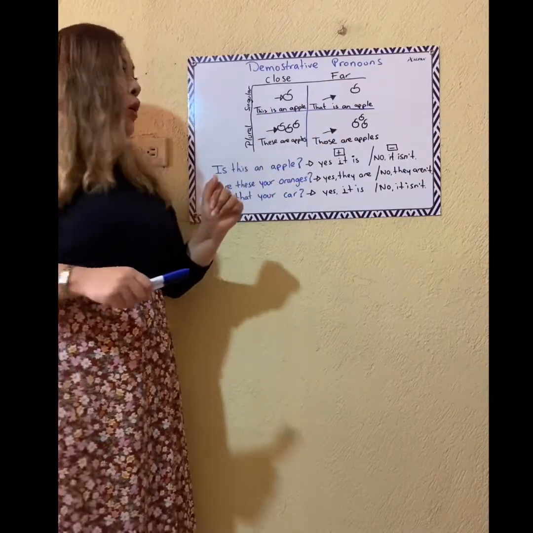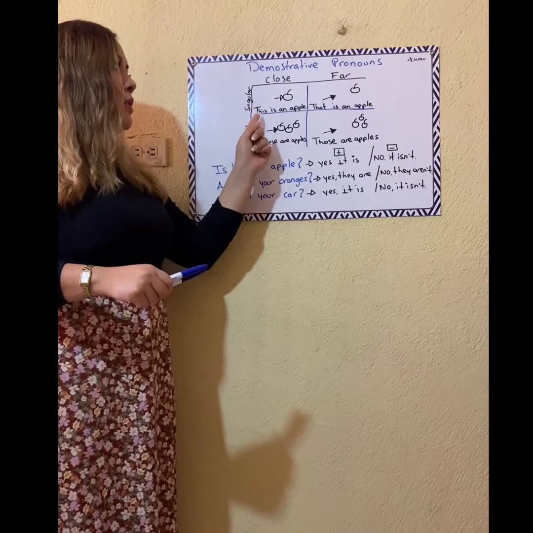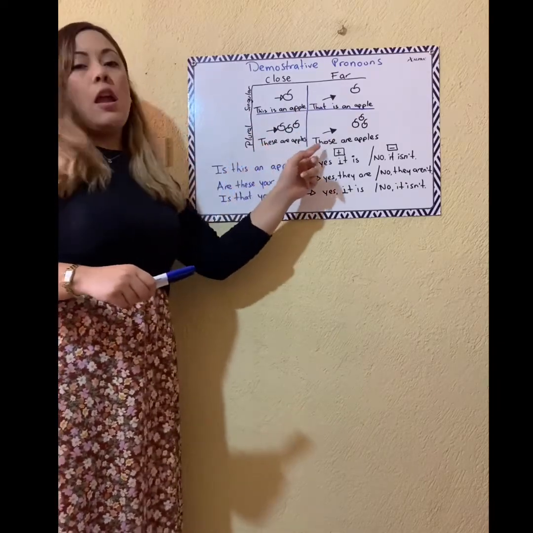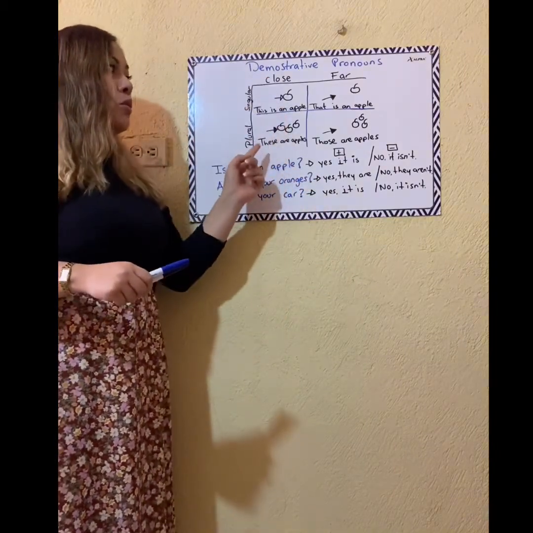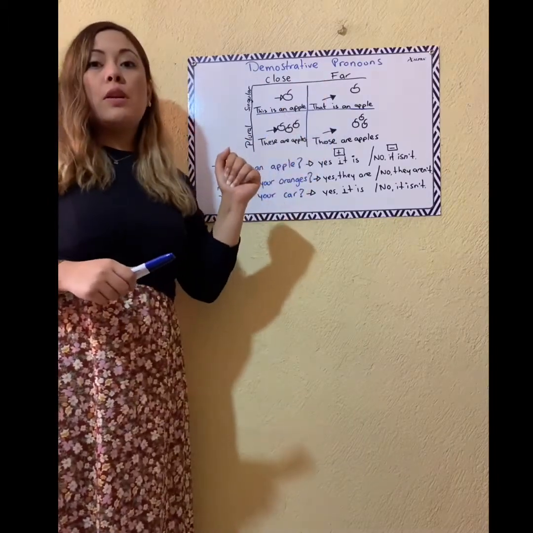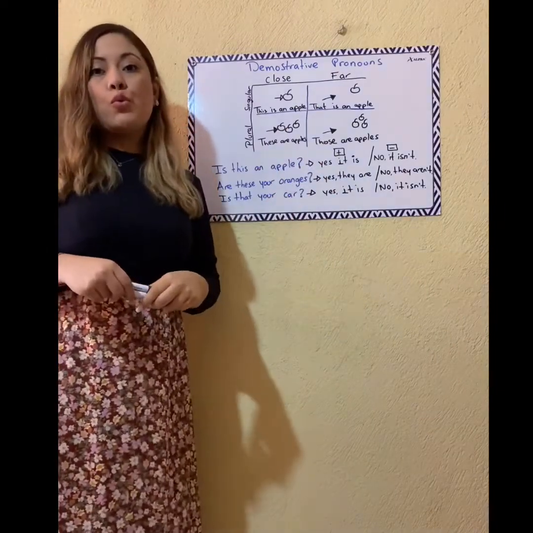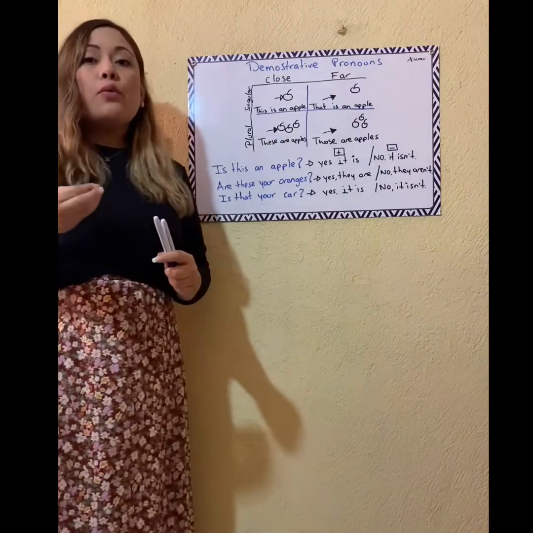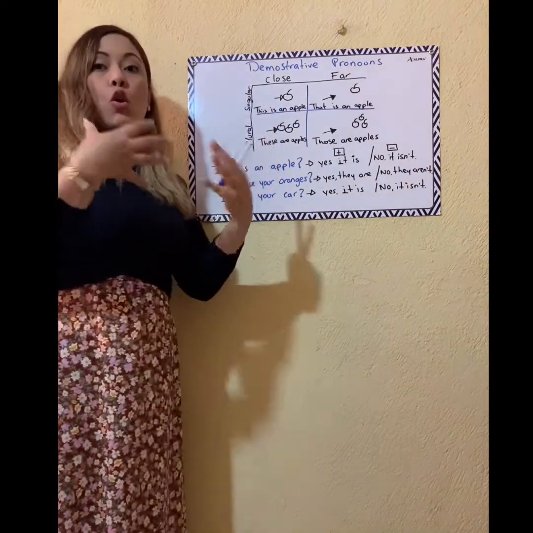For example, we have the singular ones, that are this and that, and we have the plural ones, that are these and those. And also we can divide them into close, that are this and these, and the ones that we use for expressing that something is far, that are that and those. Okay, so number 1, if I want to refer to something that is singular and is close to me,